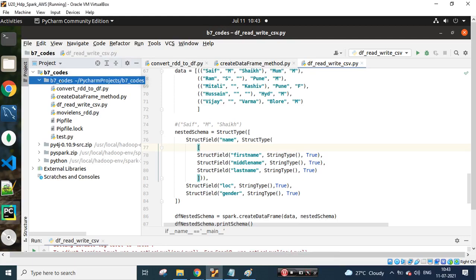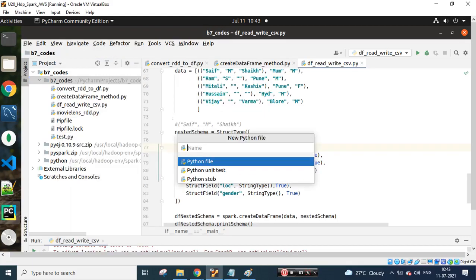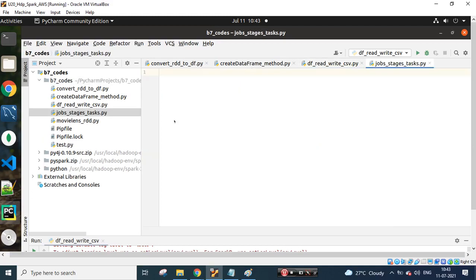Okay, let me create a new Python file. So here I'll be explaining jobs, stages, and tasks, exactly what happens at the backend. From PySpark.sql